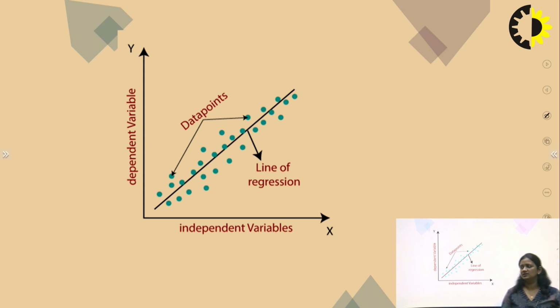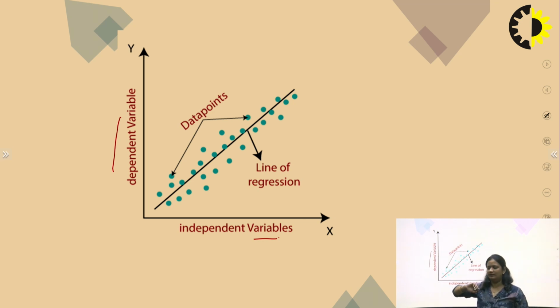So let us see this diagram. In this diagram, x corresponds to our independent variable and y defines our dependent variable. There we have various values of the independent variable and one value of the dependent variable. These are the data points. So we have to find our best fit line, or we have to find a relationship between our independent and dependent variable. Okay, so these are our various data points.